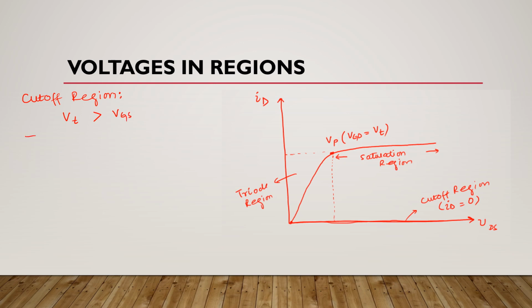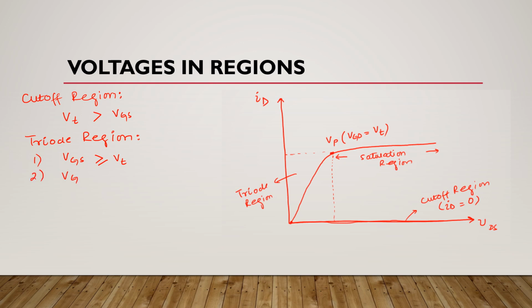Now what about the triode region? In triode region, gate to source voltage is greater than or equal to threshold voltage, and here